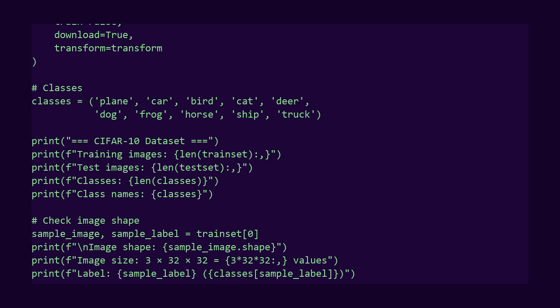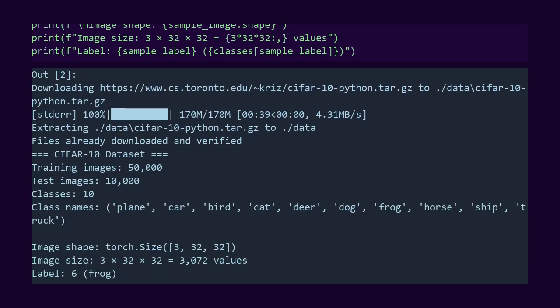That's 10 classes total. Each class has 5 training images and 1 test images. This is a balanced dataset. Let me check the shape of one image. It's 3 by 32 by 32. 3 channels for RGB, 32 pixels height, 32 pixels width. Small images but enough for learning.